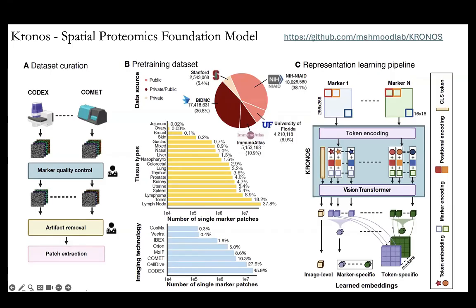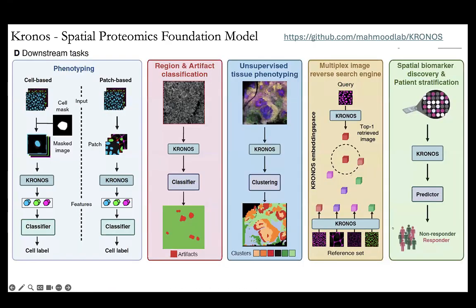We put out the model and the preprint, but it's a really team effort from multiple institutions trying to get lots of data pulled together, and then coming up with an architecture that makes it platform agnostic as well as marker agnostic, and then trying to solve a host of different downstream tasks from phenotyping, looking at artifact detection and classification, unsupervised tissue phenotyping, and then importantly looking at query and search, trying to find similar regions, which really is